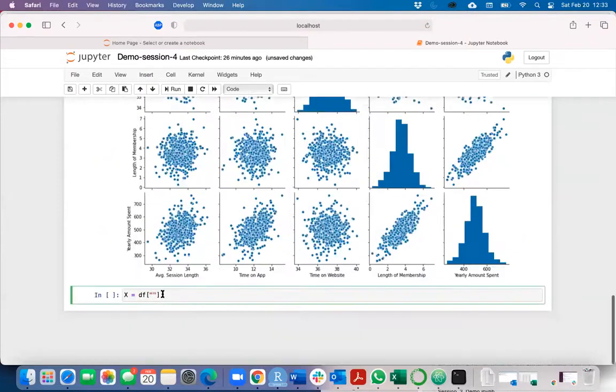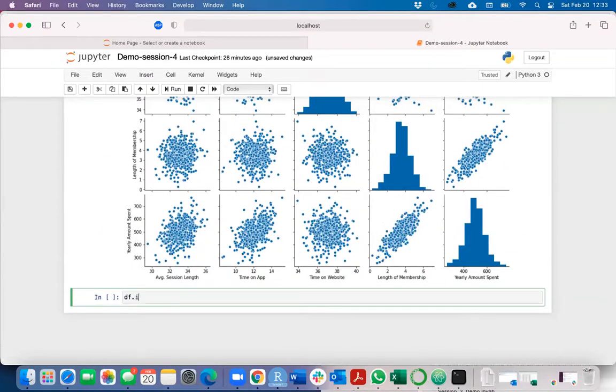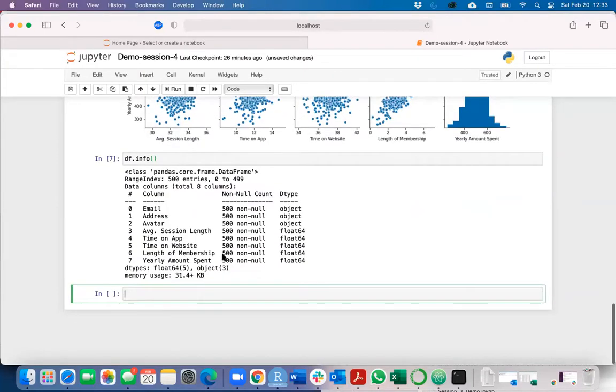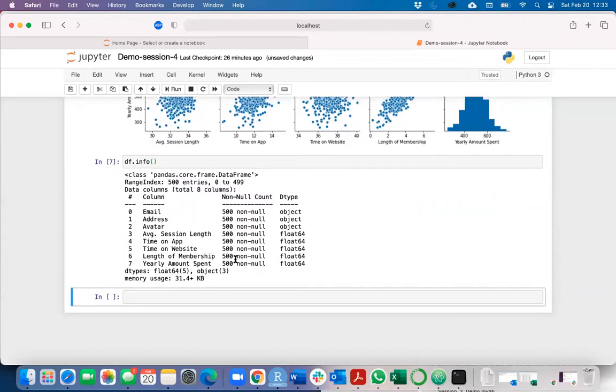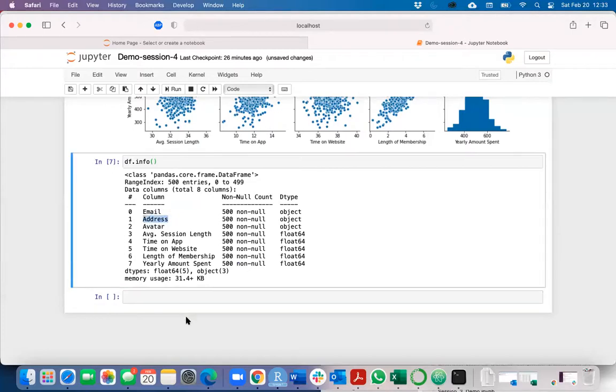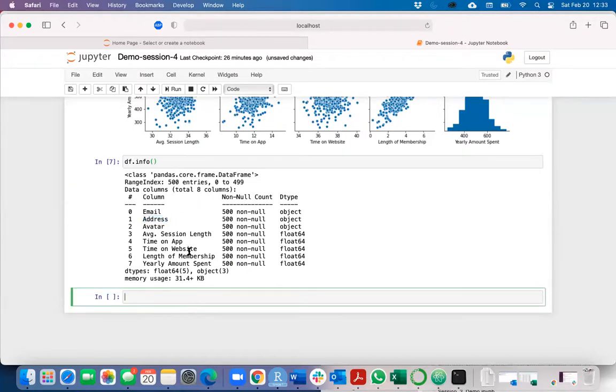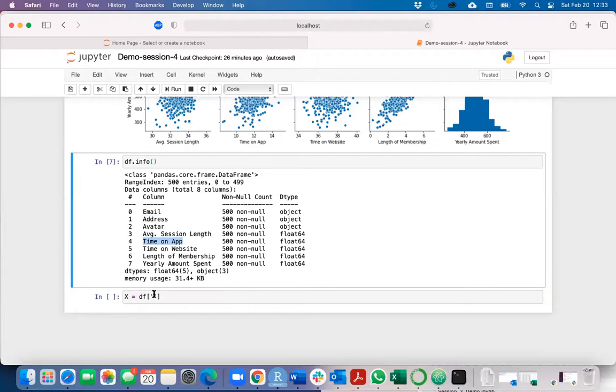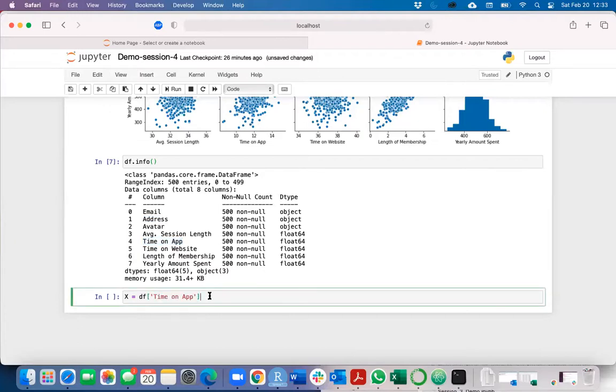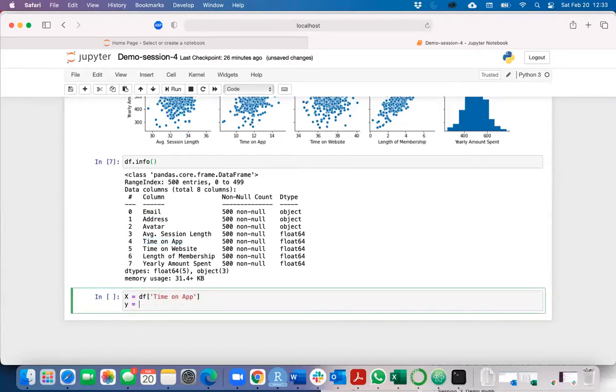Let's use this df.info. It's really important, these are the very real challenges. If you try to type the names of the variables, it would be huge. So you just use .info and copy-paste the variable name here instead of typing it. These are the best practices you should be following. So let's capture the value of time on the app. Time on the app is in my X, and my predictor should be